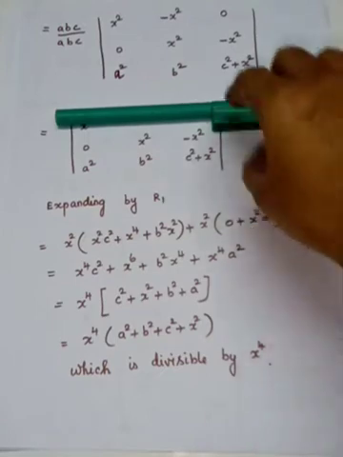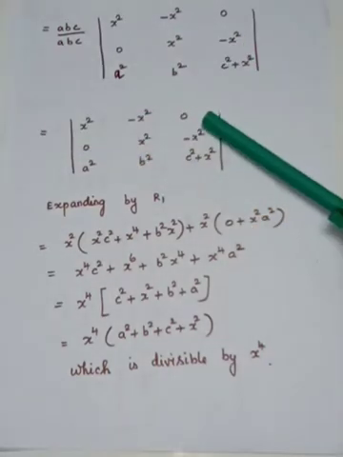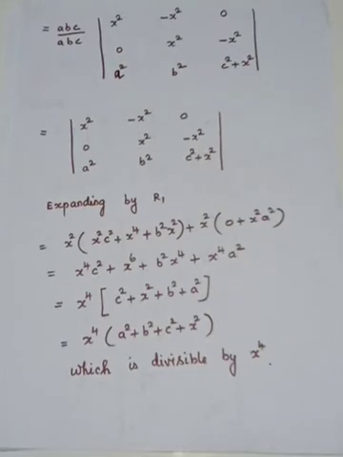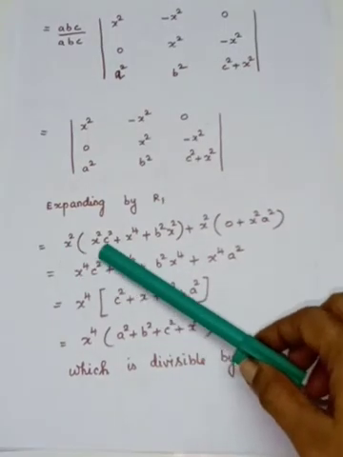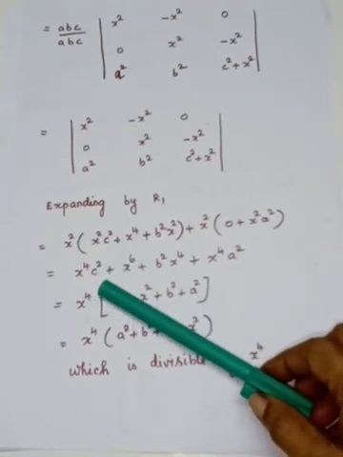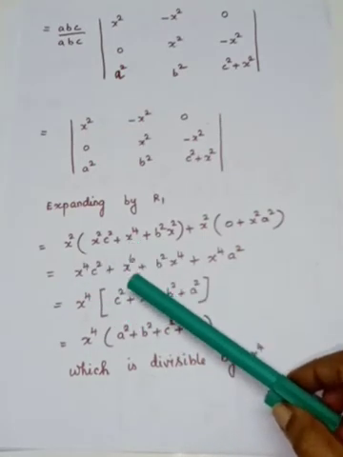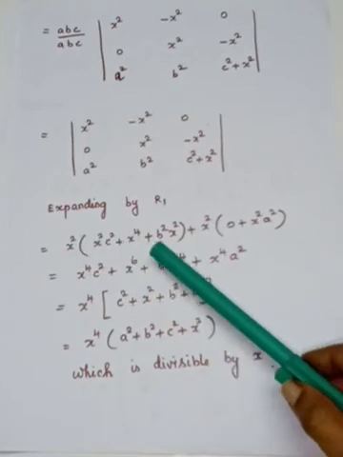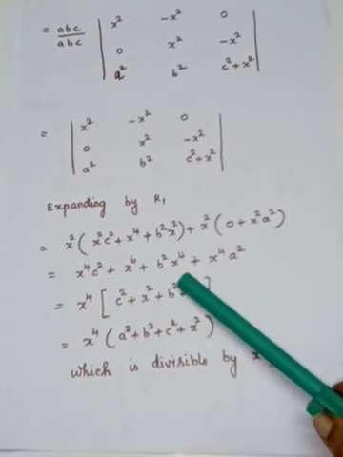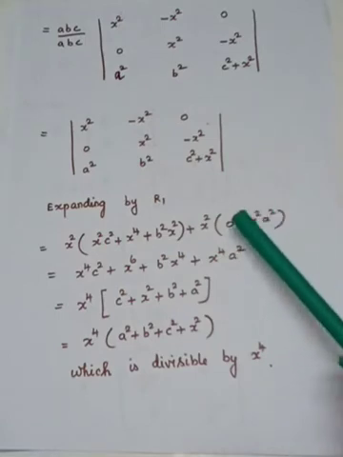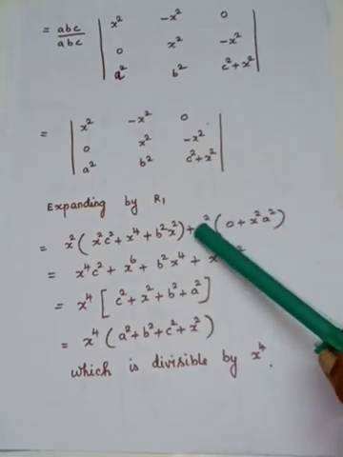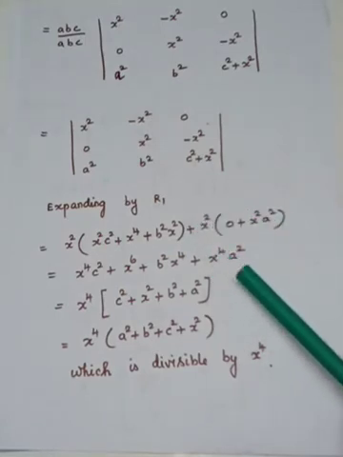Okay, second entry. Come to the third entry. What is the third entry? 0. If you multiply anything by 0, it will become 0. So if you expand, x squared into x squared c squared is x power 4 c squared. x squared into x power 4 is x power 6. x squared into b squared x squared is b squared x power 4. Plus 0 plus x squared a squared; when you add, you will get this answer. If you multiply with x squared, it is x power 4 into a squared.